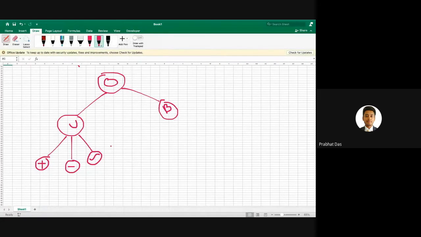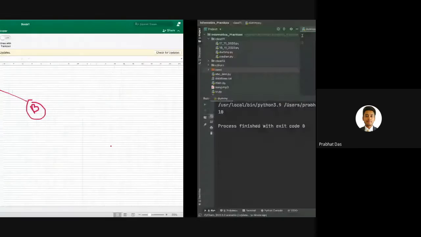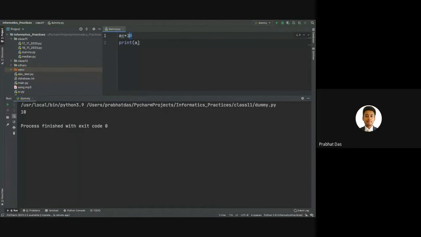So this is exactly what unary plus and unary minus are. In case of minus, the value will get changed to a negative integer, and in case of plus, it will remain positive as it was. Since it is using just a single operand, that's why we call it a unary operator.